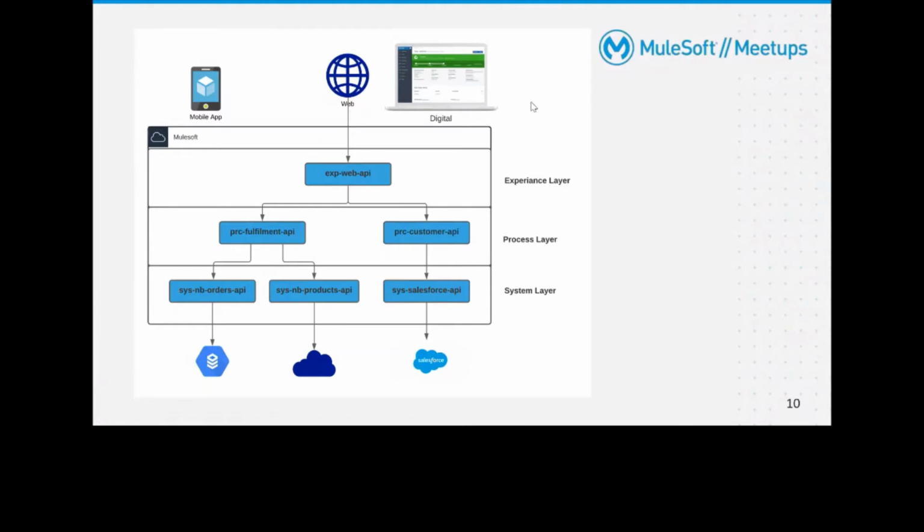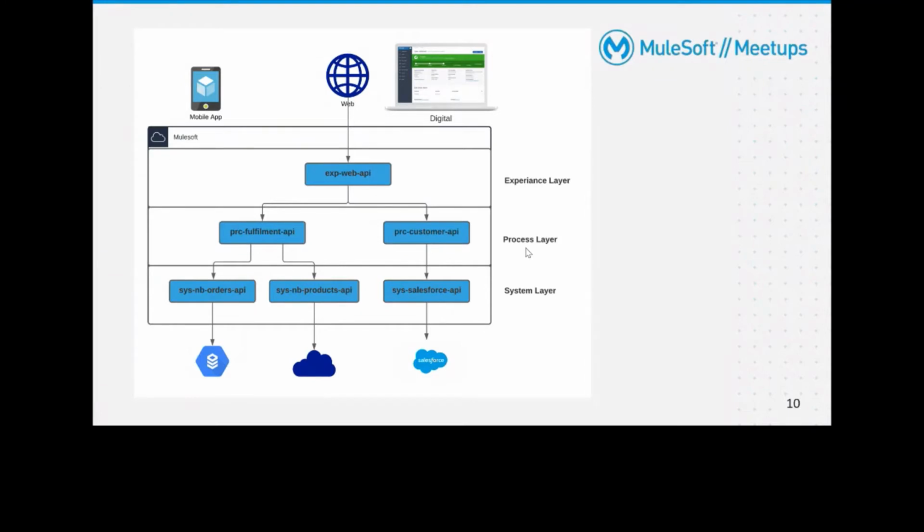To do this, the organization would need to spend money to expose the data to the mobile app and the digital application, creating a separate experience API. There might also be process APIs we need to create based on the requirements from the mobile and digital applications. This may take 6 months or more, but my organization doesn't want to spend that much time, and they don't have that much budget to implement it.